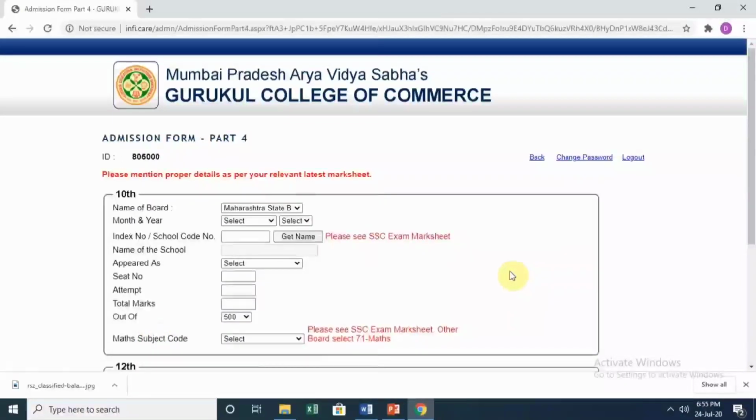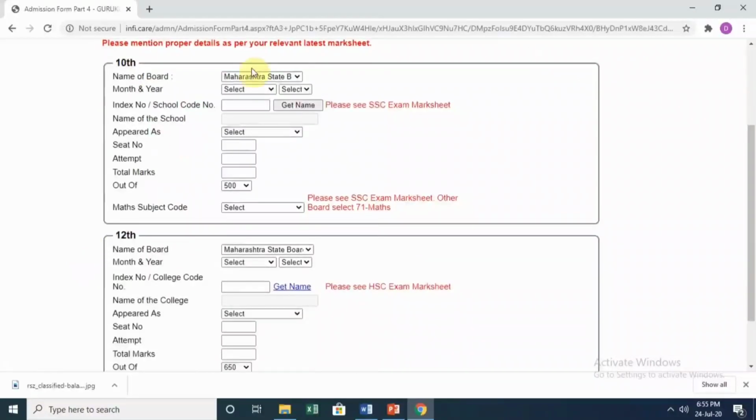In part 4 of the admission form, you need to fill up the result details of SSC and HSC. So first SSC. Very important to mention over here, you need to mention the school code number or the index number.